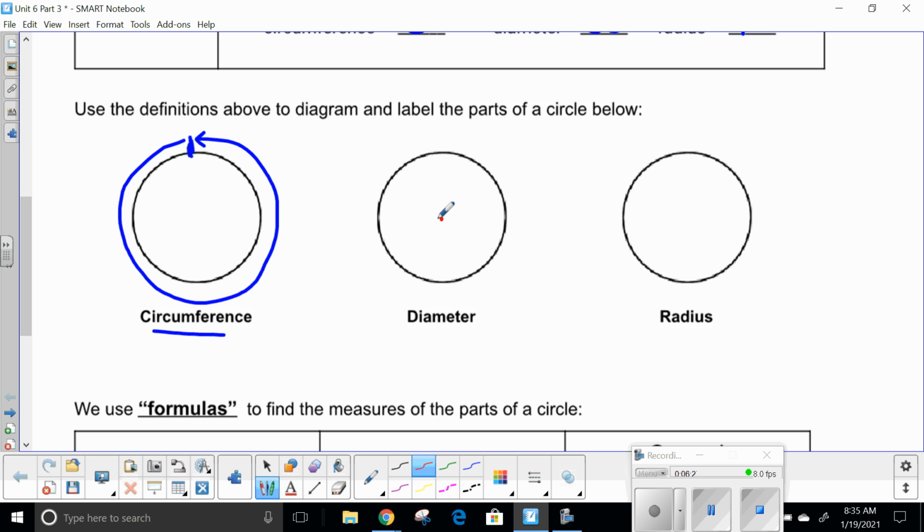Diameter, again, I'm going to emphasize this is the center, okay? Diameter is going to be the distance all the way across the shape, the circle through the center, okay? It has to be through the center. I can have several diameters as long as it starts on one side and goes through the center and touches the other side, that's a diameter too. It doesn't matter where that diameter is, it's still the same distance because all of these points are equal distance